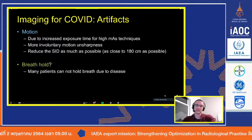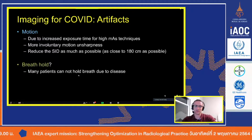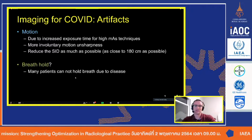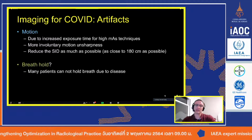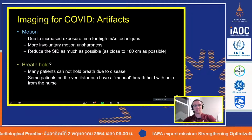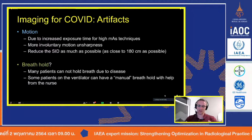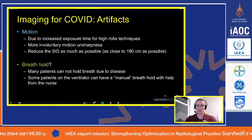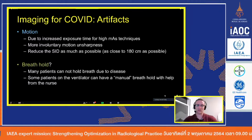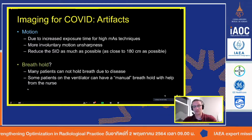Probably not. If the patient can hold their breath, I mean, we know that it's very short. It's less than a second to acquire the image, but for some patients that might be an eternity. So you may not get a good breath hold, but you do still want to get as much of a breath hold as possible, because obviously that expands the lung cavity. It puts air into the parenchyma, into the lung tissue, so you can actually get a nice, good image of the lung parenchyma instead of it being collapsed on itself, which makes it more dense, which makes it more white